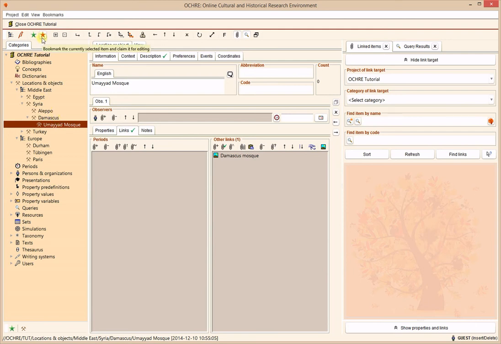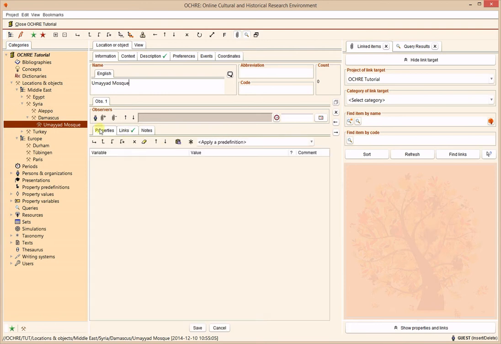The red star is a little bit different. This is if you know you're going to be working on a specific database item for a long time, like for an entire day perhaps. Maybe it's a text item or a very large locus for an archaeology project. And you really just want to make sure that nobody else comes along and starts editing that item while you're working on it. Say, for example, I was editing the Umayyad Mosque in Damascus, and I was adding properties and